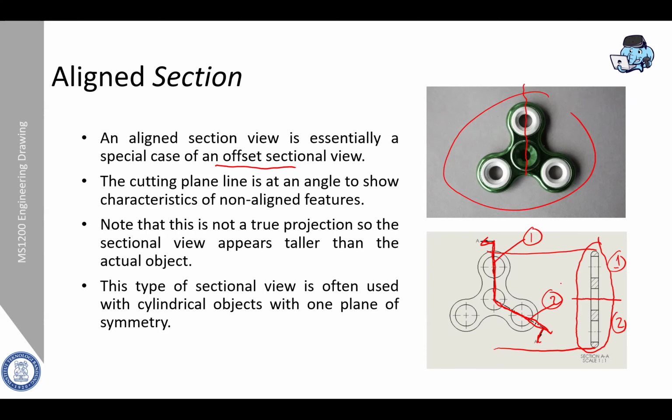Okay, that's why in the section view it will appear longer or taller than the actual one, because it is not the true projection. In the true projection, the length will be like this. But this one is longer. Okay, this type of sectional view is often used with cylindrical objects with one plane of symmetry. We usually draw the aligned section view for cylindrical objects like this one, with one plane of symmetry.